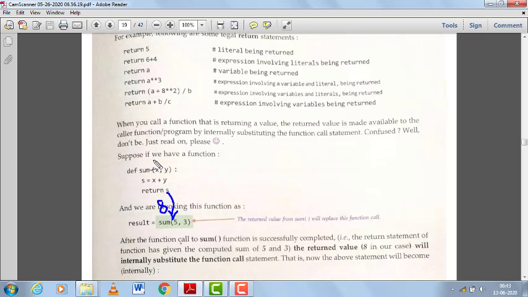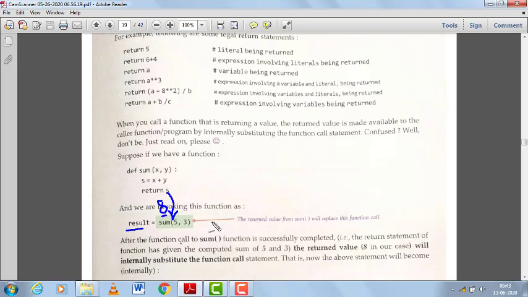Okay, x received 5 and y received 3, and the addition of these two numbers, 5 plus 3, is 8, which is stored in s, and then it is returned by this sum function with the help of the return keyword. And this value 8 is returned and stored into the result variable. If we do not use a variable after calling a function, then there will be no use of returning a value.